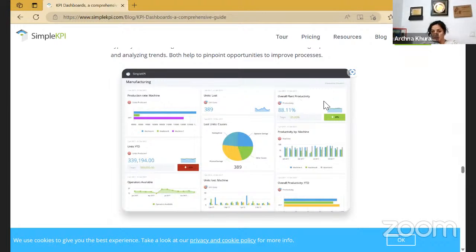फिर ओवरऑल प्लांट प्रोडक्टिविटी कि आपके प्लांट की प्रोडक्टिविटी कितनी रही, अगर 24/7 चल रहा है तो कितनी प्रोडक्टिविटी आनी चाहिए थी, and then from actual to goals के साथ हम कंपैरिजन कर लेंगे। प्रोडक्टिविटी बाय मशीन, हर मशीन में कितनी प्रोडक्टिविटी रही है। लॉस्ट यूनिट कॉजेज, क्या क्या कॉज के कारण जो आपका खराब हुआ है सामान, ऑपरेशनल डैमेज था, अदर कॉजेज से फिजिकल डैमेज था, या कुछ टूलिंग एरर हो गई थी मशीन के अंदर, right. ऑपरेटर्स कौन कौन अवेलेबल थे और आपका हर साल का कितना यूनिट्स प्रोड्यूस हुआ है, units YTD, year on year कितना आपने प्रोड्यूस किया है। तो this is how मैन्युफैक्चरिंग कंपनीज का KPI बन जाता है for manufacturing department।